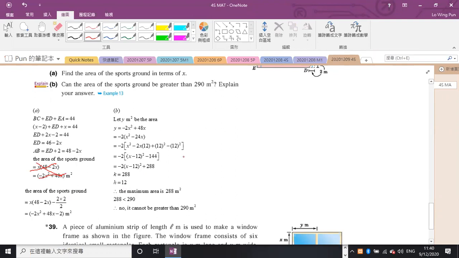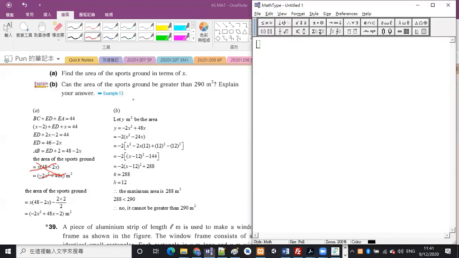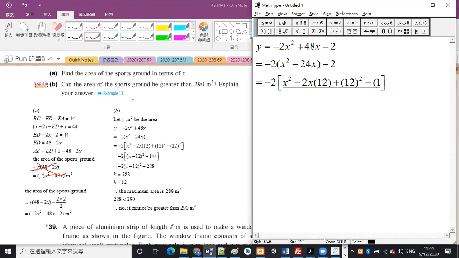And then 咁跟住咧 B part 咧咁就有啲要 modify 啦。Should be like this, okay? And then should be taking out the negative 2. 中間嗰啲 step 其實咧差唔多嘅啫，只不過有個 constant term 係唔同咗，係嘛？